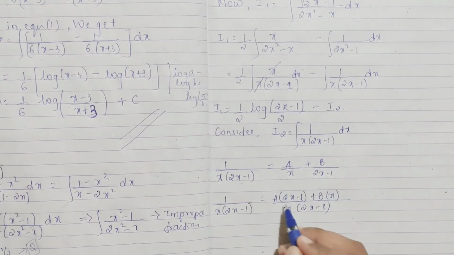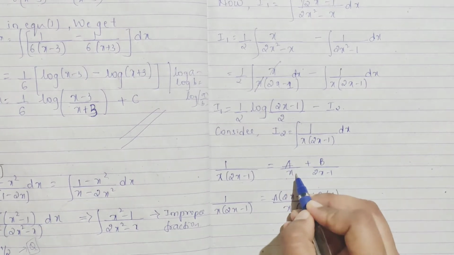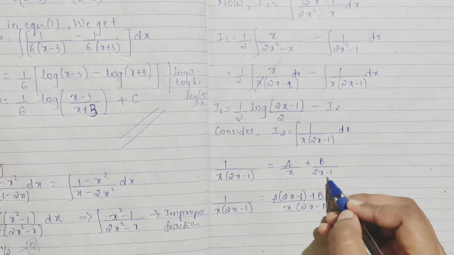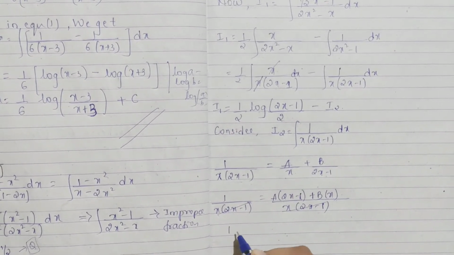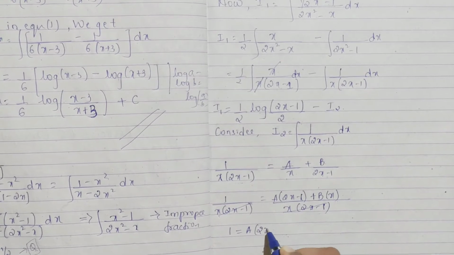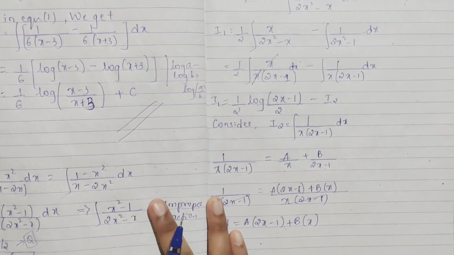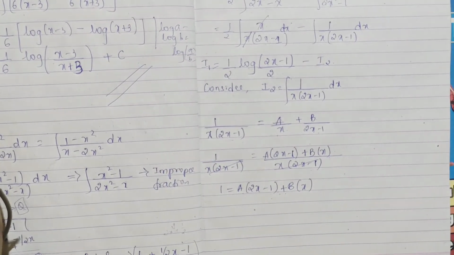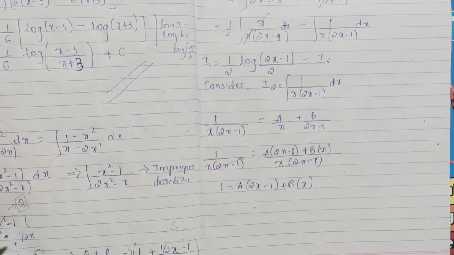The left hand side will be the same, the LCM will be the same, x into 2x minus 1. So here, multiplying, x is there, so you have to multiply a with 2x minus 1. 2x minus 1 is there, so b you have to multiply with x. So your denominator cancels off and you will have a into 2x minus 1 plus b into x. In the same way you have to find your a and b values. How you can find, either you can do comparison or the same method.